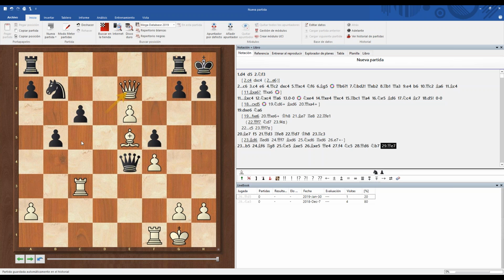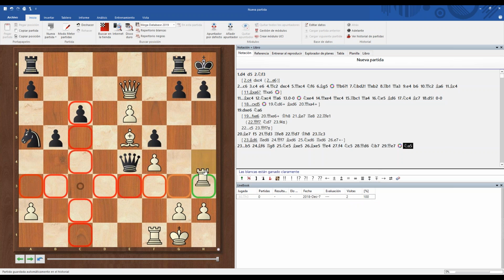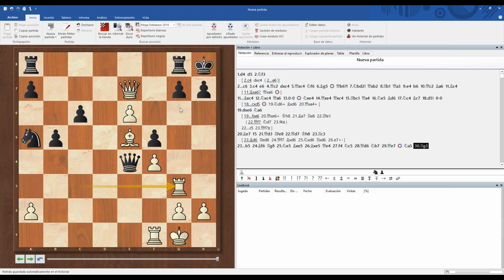Yes, now we are intending to play this move, attacking this pawn, and the knight is independent too, because we have to go maybe to A5, but we have a clear advantage in this position. For example, playing maybe something like this, or we can simply go with our rook here, now intending to take a pawn. And we are winning in this position. So again,